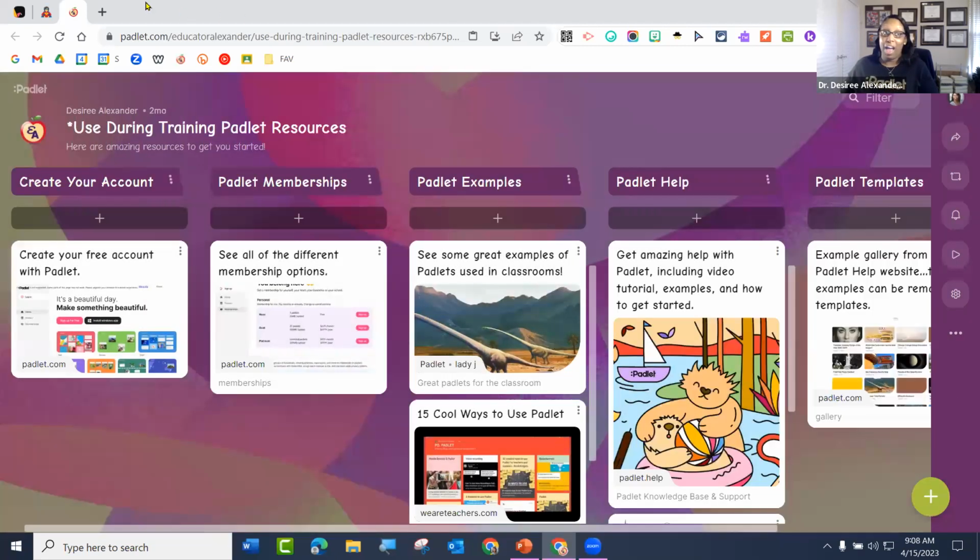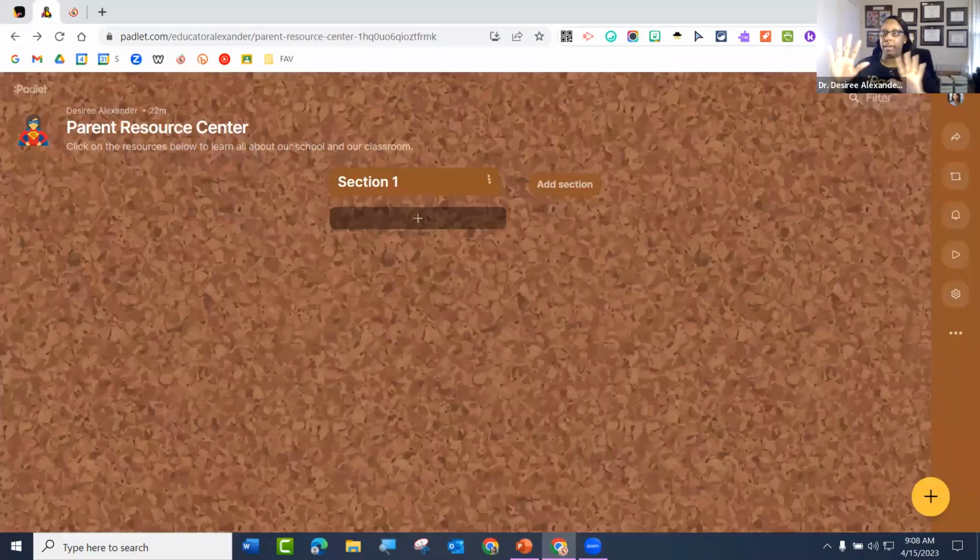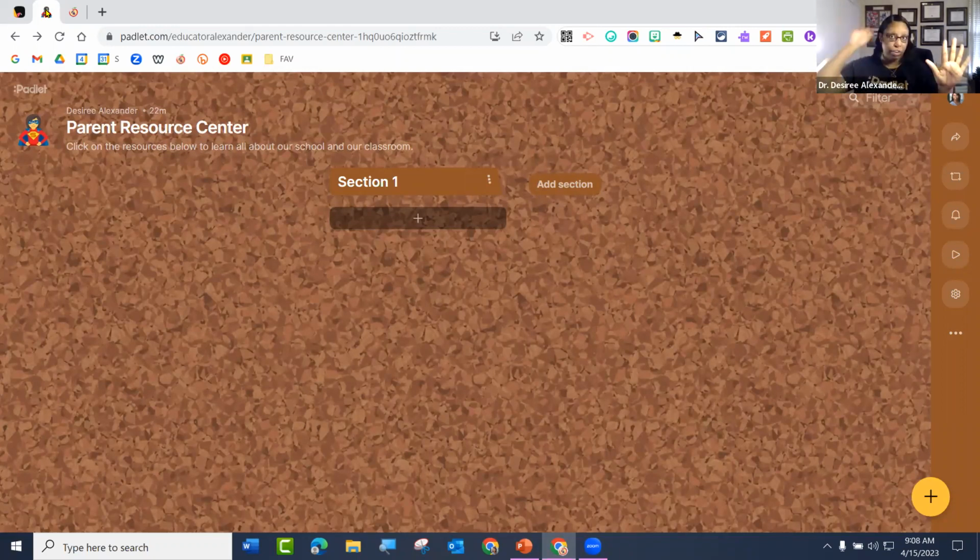All right, I'm going to stop right there, see if we have any questions, see if we need any playtime to finish our settings, because what we're about to go into is actually putting stuff on our Padlet. But I want to make sure that we have time to kind of decompress. We talked about our dashboard. We talked about a lot of different settings.